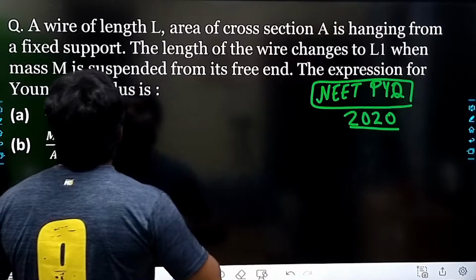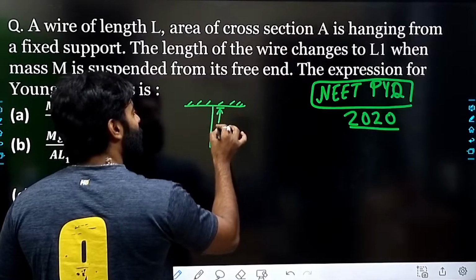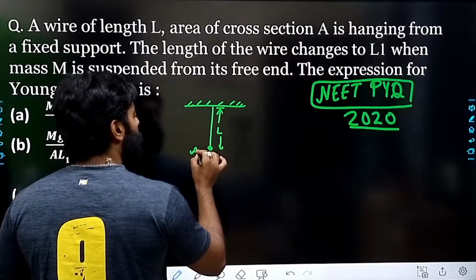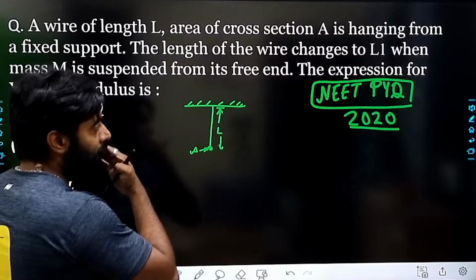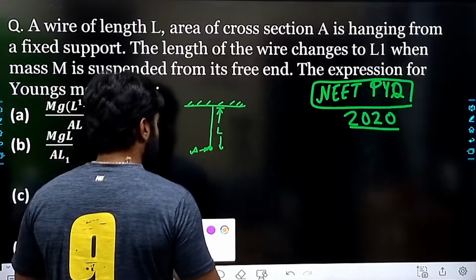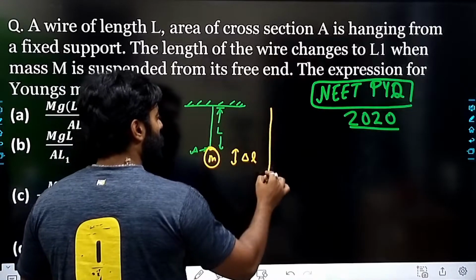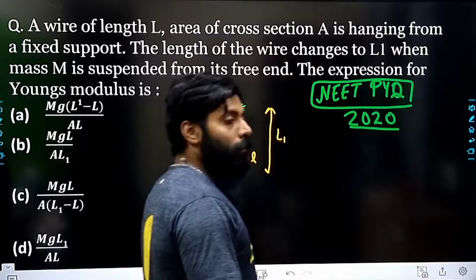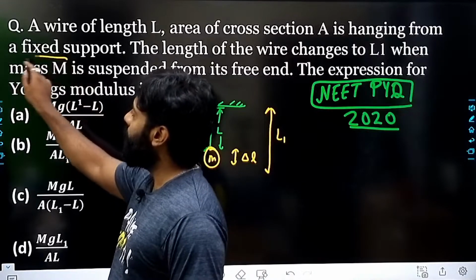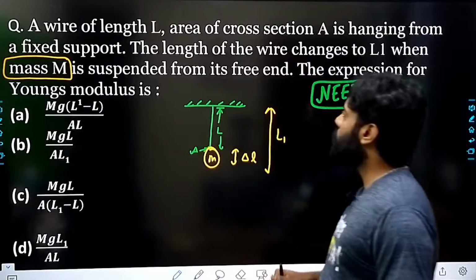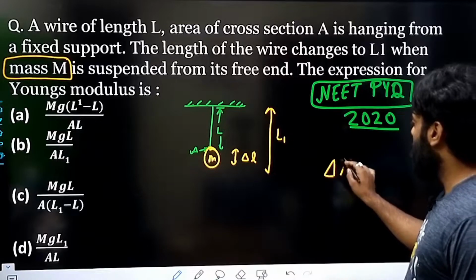So here, a wire having length L, having cross-sectional area A, is hanging from the fixed support. The length of the wire changes to L1. Okay, हमने यहाँ पर क्या करा, इसके साथ लगा दिया mass M, इसकी length change होगी delta L, राइट? इसकी length change होगी L1 पर आ गई अभी, L1. So there will be some changes in its length when we have suspended a mass M to this wire. The expression for the Young modulus, it is very important. We know that delta L is equal to